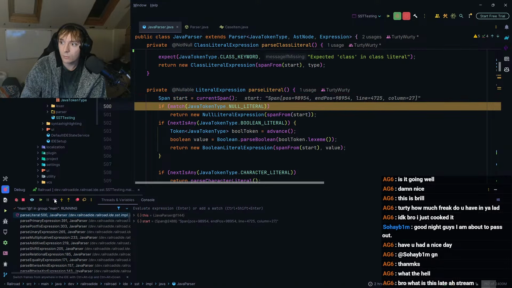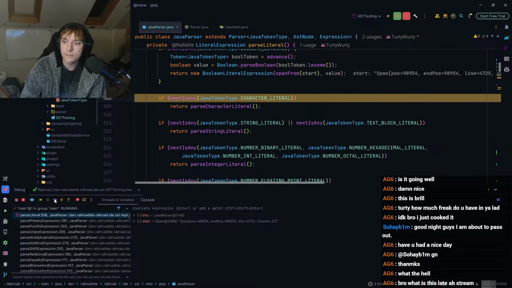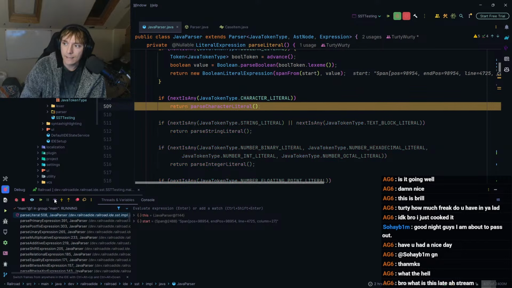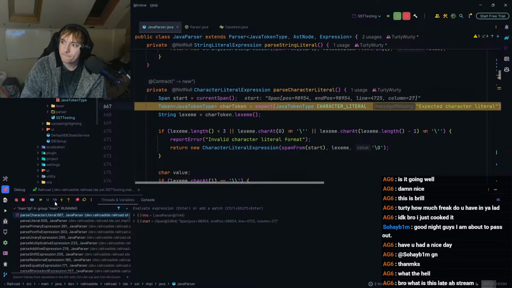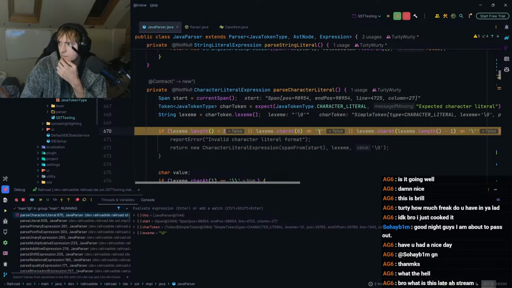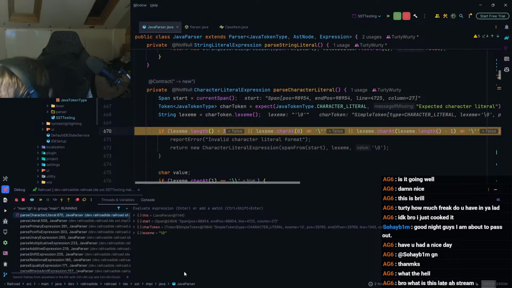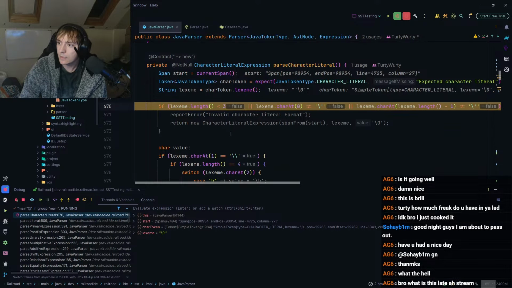Okay, so is it a null literal? No. Is it a Boolean literal? No. Is it a character literal? Yes. Okay, so let's go inside. Okay, char token. So we should have the lexeme. What is the lexeme? Oh, interesting. Oh, the lexeme is like this.